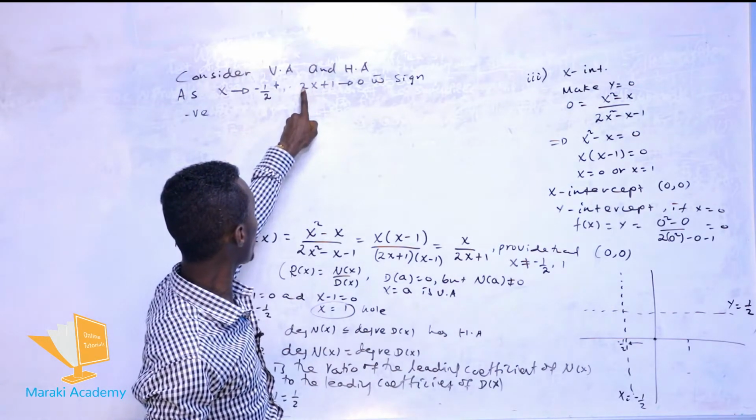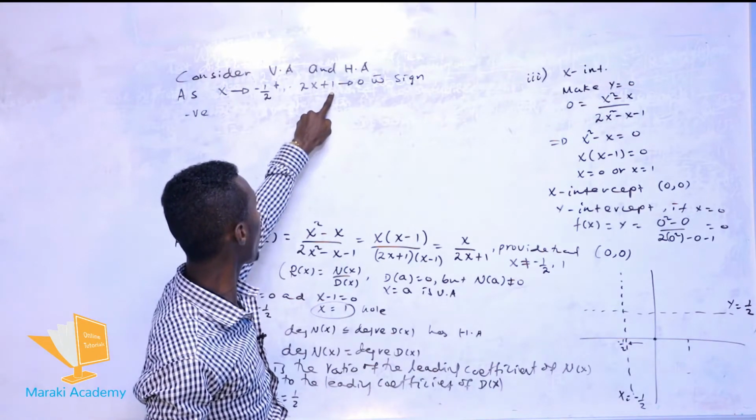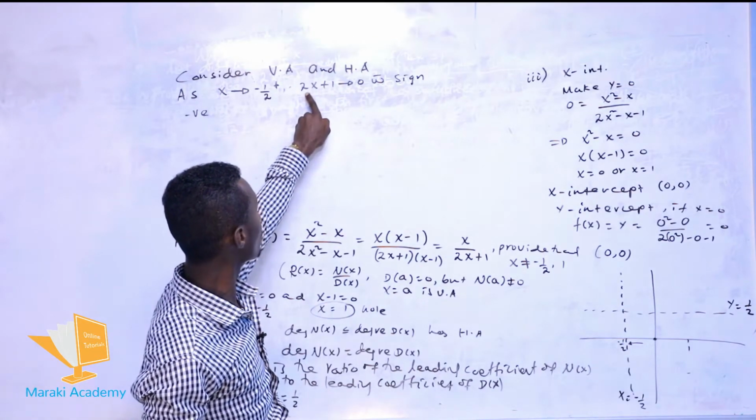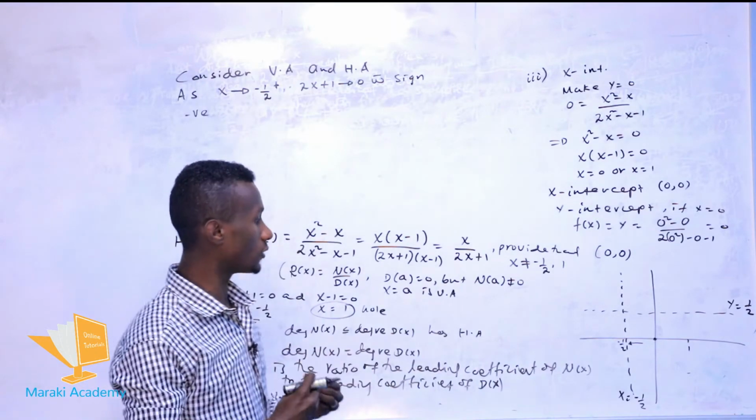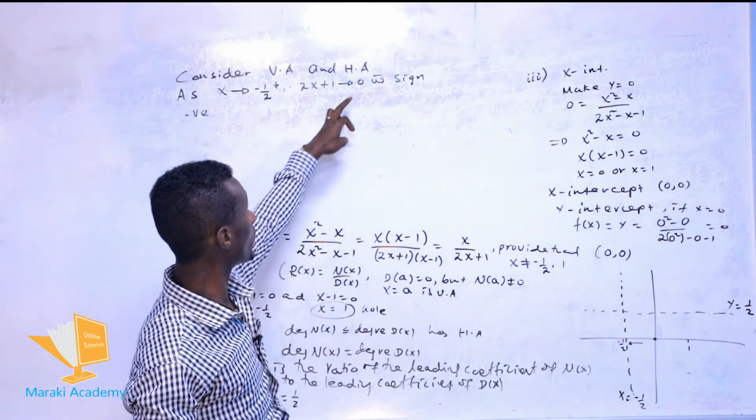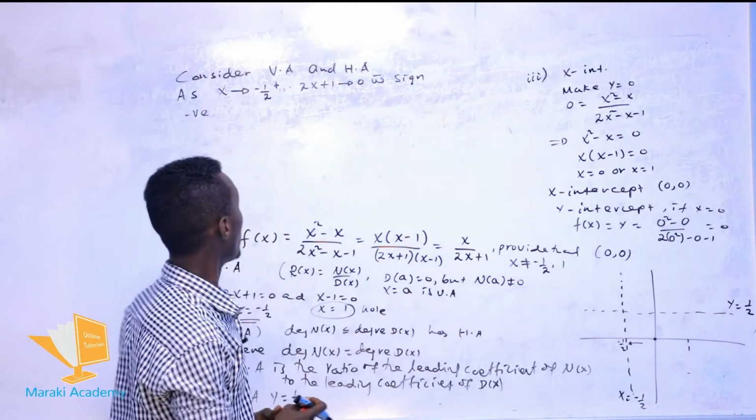When you multiply this we have -1/2 plus 1 ይሆናል። ስለዚህ -1/2 plus 1 ፖዚቲቭ 1/2 ነው የሚሆነው። ሳይኑ ፖዚቲቭ ነው የሚሆነው፣ ነገር ግን ወደ 0 አፕሮች ያደርጋል ማለት ነው።